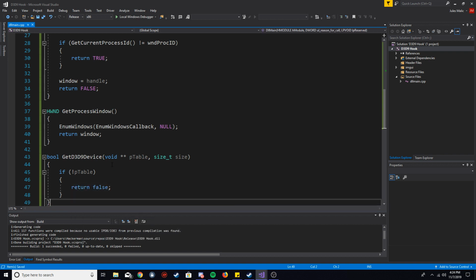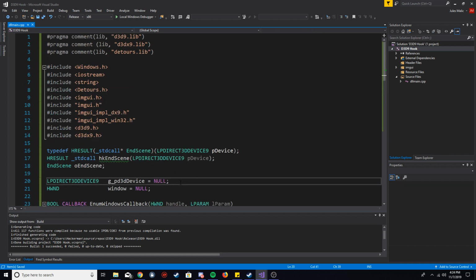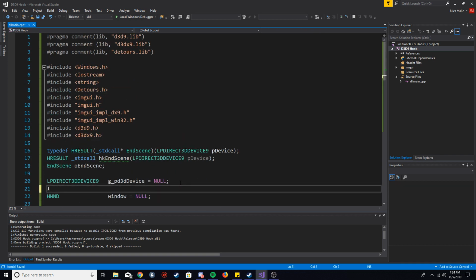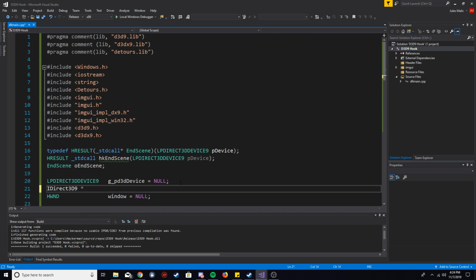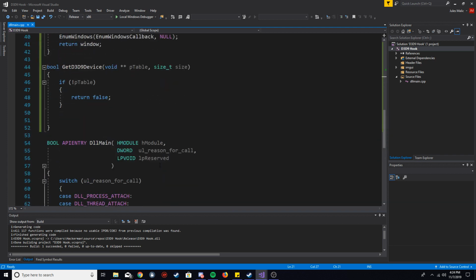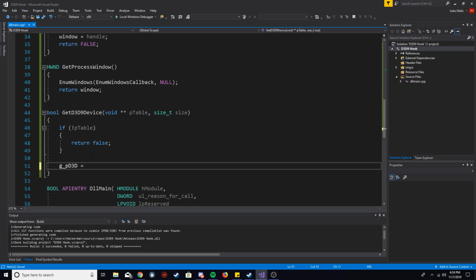return false, right? Okay, so we're gonna need one more global variable here. I forgot it. After here, you want to do a Direct3D pointer, and we want that to be our global d3d variable. Okay, we're gonna set that to null initially. Okay, and then we're going to set this down here. We're gonna set this to an actual value down here. So we're gonna say this equals